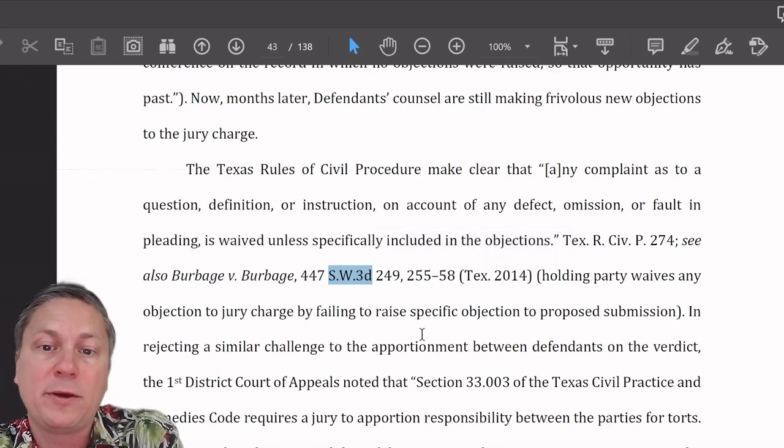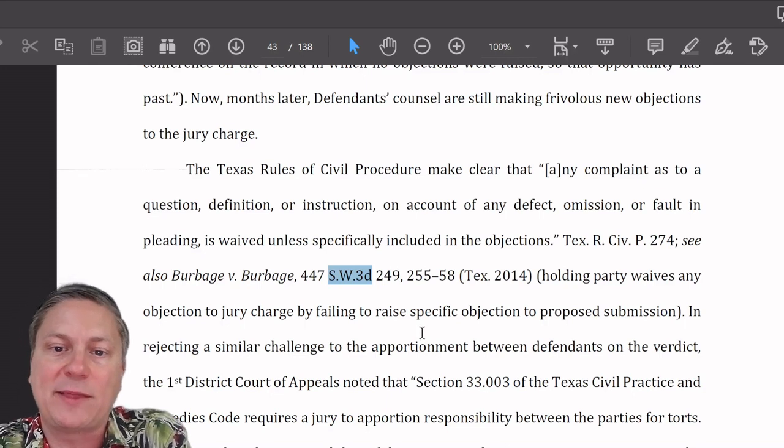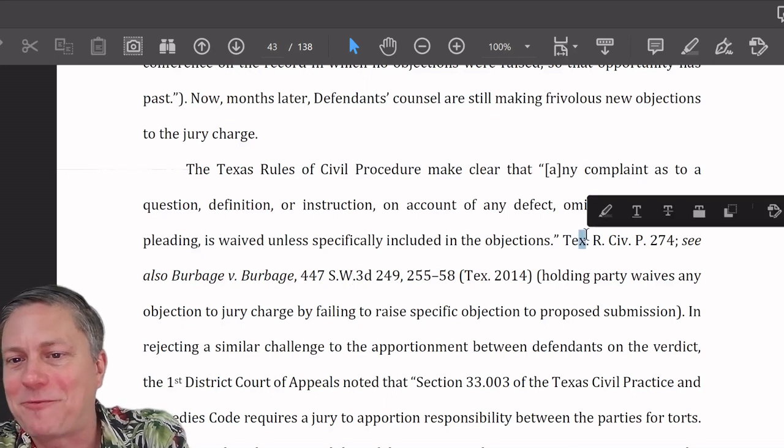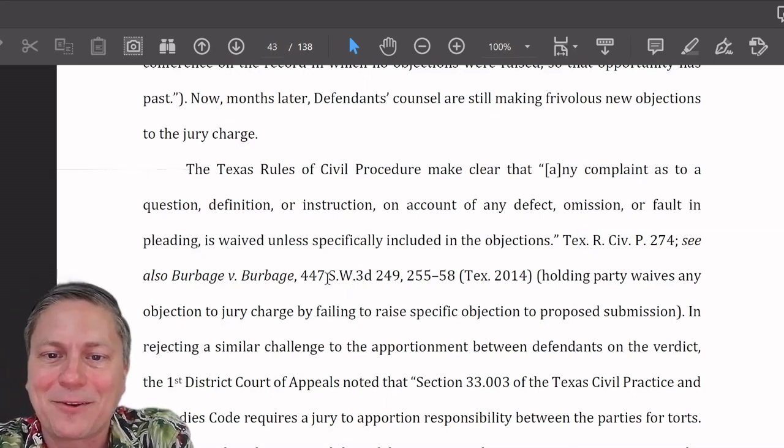So you could have federal. If it's federal cases, it would say Fed third, Fed second, or not. They don't say Fed. They say F. And they do that for, I can't remember if I said F or Fed here, but it would be FRCP. And then